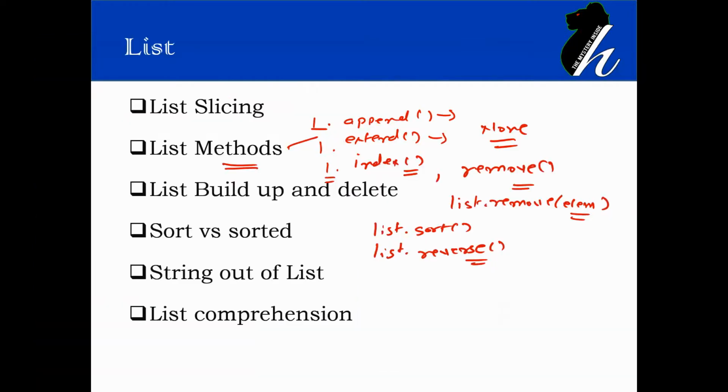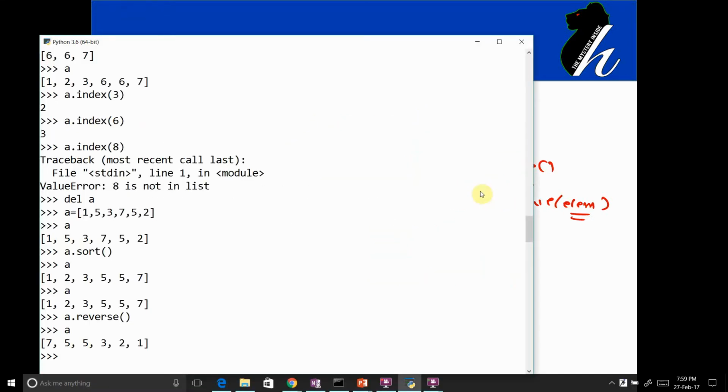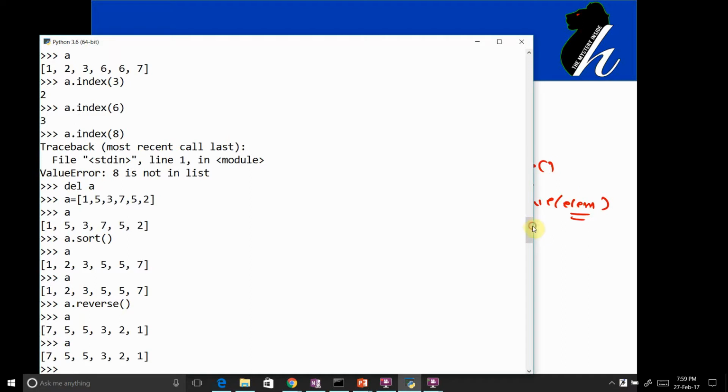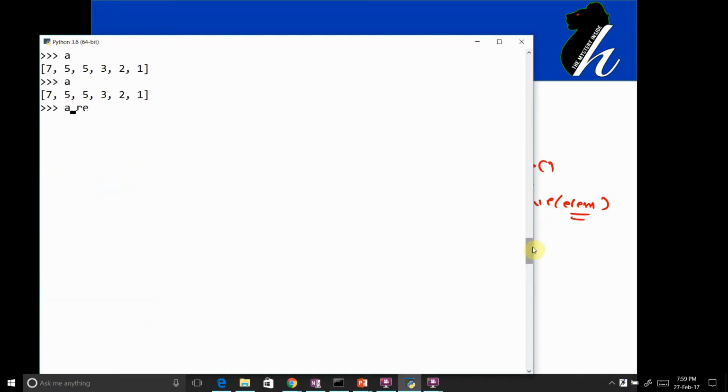Now the next method I would like to explain is pop. List dot pop, and that contains one argument, that is the index. Basically what it is going to do is remove the indexed value and return the element at the given index. For example, let's say a dot remove. Basically what it was doing was simply removing the element and returning nothing. Let me do that. A equals to like this. If I am doing a dot remove 1, it is simply going to remove the 0th and first element.